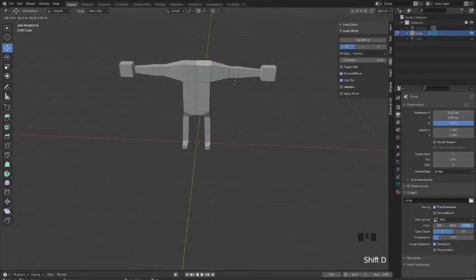The key is Shift D. Do Shift D, and it copies the surface which you have selected. And now we will scale it. Then you can see there are 2 surfaces. We will scale it down as small as we need for a neck,